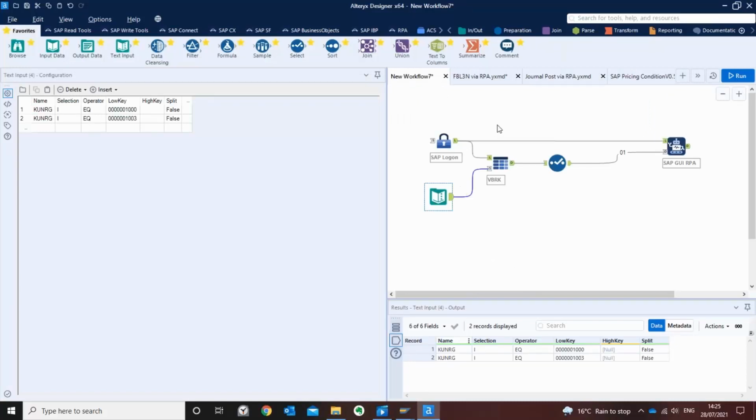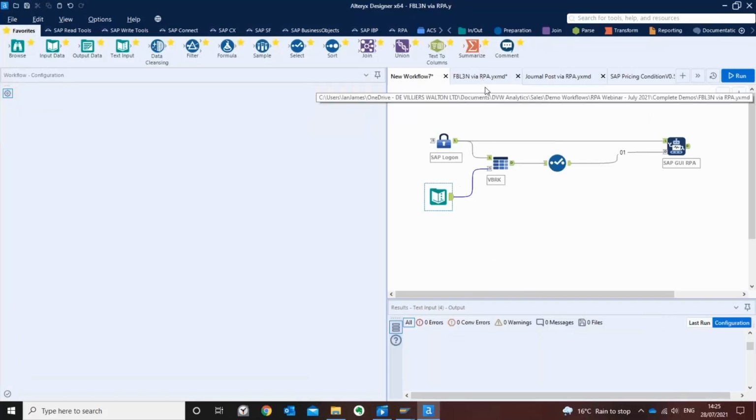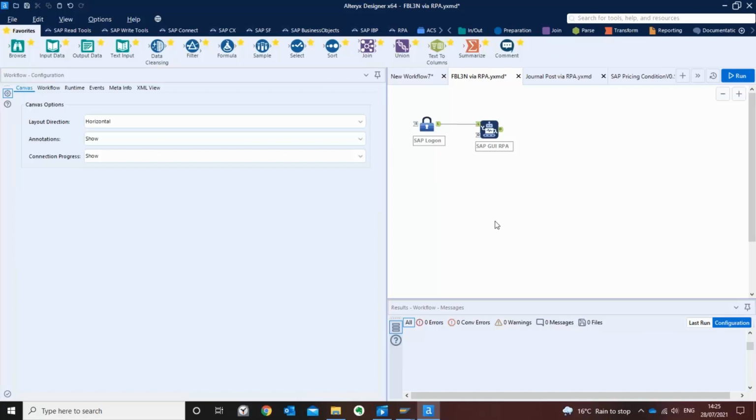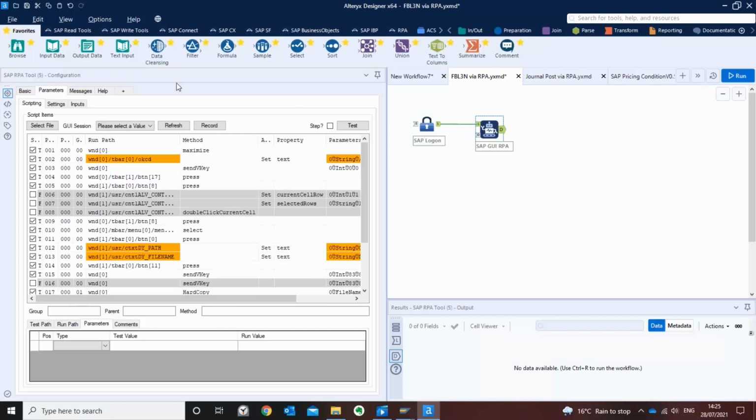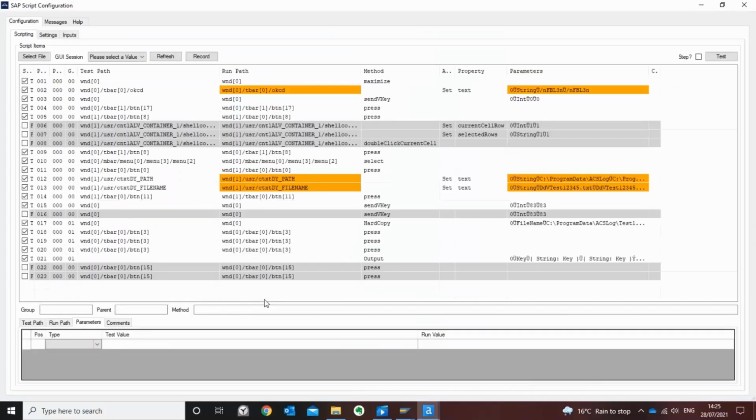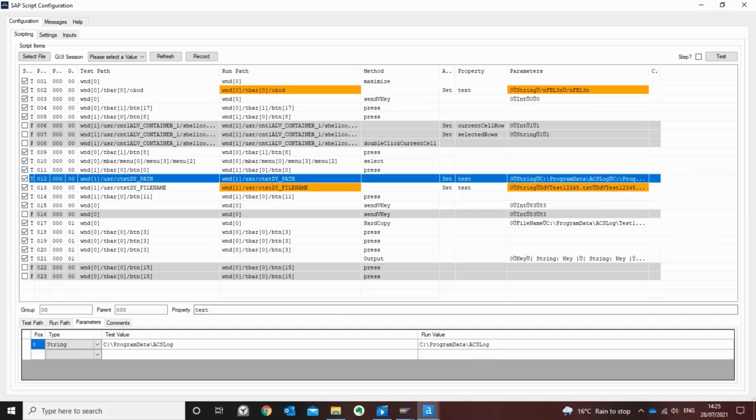The second demo takes it a little bit further, or a different way of looking at the data. Again, we've got an RPA tool, and you can see this time there's a little bit more complexity in here, although not too much. Basically what we're doing, we're running FBL3N, again another GL T code, and what we're doing, if I just click here, is we're going to take, when we run that T code, under a variant actually, we're going to take a file copy of the output